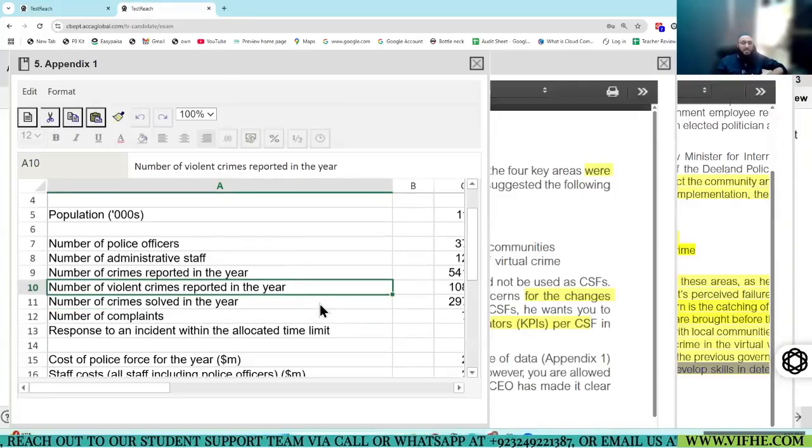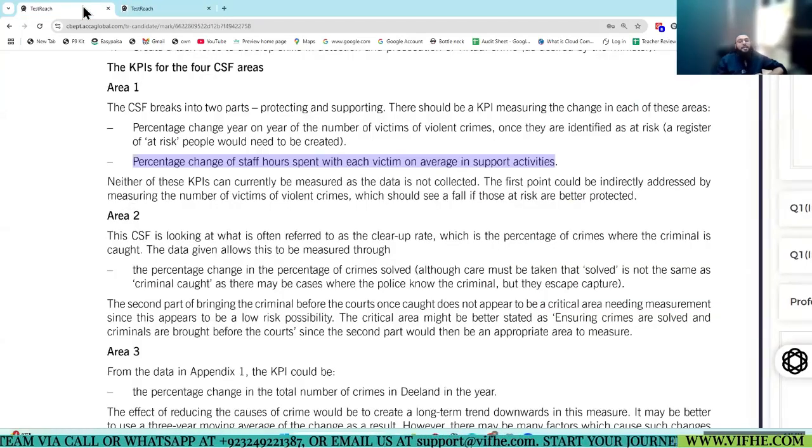Nothing. He's the boss, man. Okay, fine. This means you can come up with these things if the question permits you. This is for support activity he has identified.